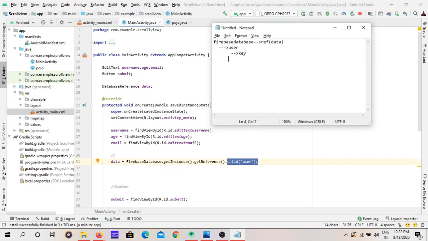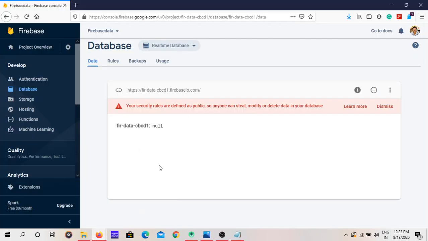In this key child we are giving the username, age, and email. See, this is the structure we are going to have in the Firebase database.